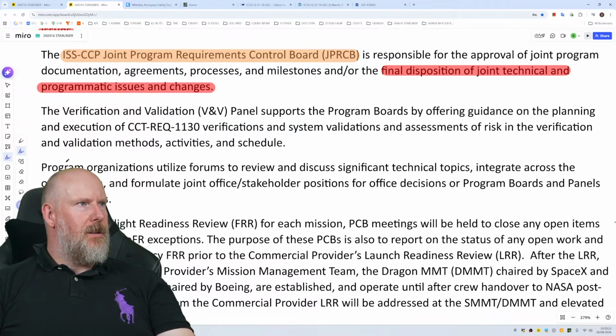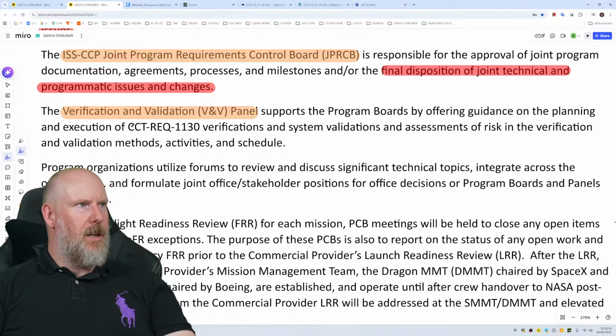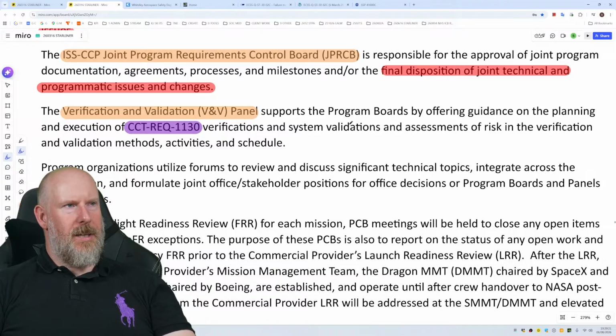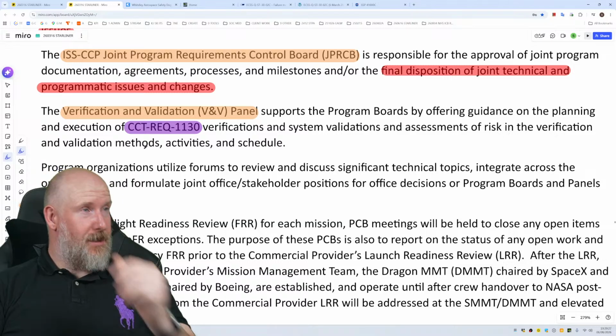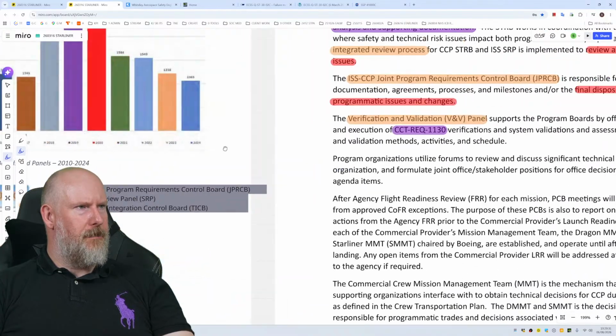The verification and validation panel supports the program boards by offering guidance on the planning and execution of requirement verifications and system validations and assessments of risk in the verification and validation methods, activities and schedule. So they will be useful. Why are they not on there? Anyway,